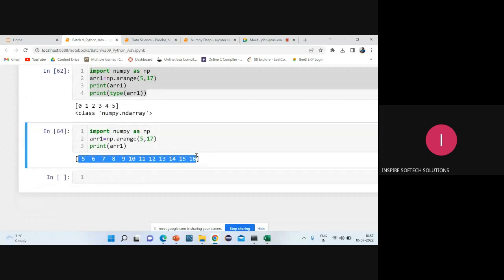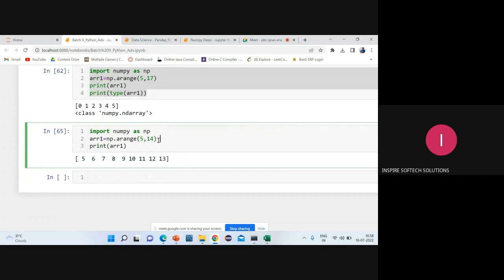I don't want it in one dimension. I have to convert this value to 3 rows 3 columns. How many values are there? Just count. We have a 3, here we have a 3, 6, and here we have 3, 9, and 12 is there. Now 12, how can I reshape 12 values? Or suppose you have 14, how can I reshape? We can go step by step. Here we have 3, here 3, and here 3. So totally we have 9 values. 9 values, how can we shape it? Either I can go with 1 row 14 columns, that is what we are displaying, or I can reshape it as a 3 cross 3 matrix.